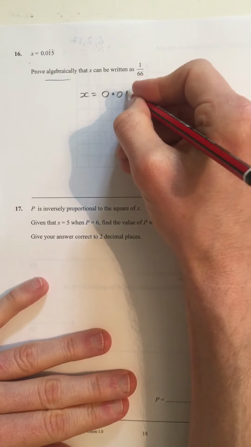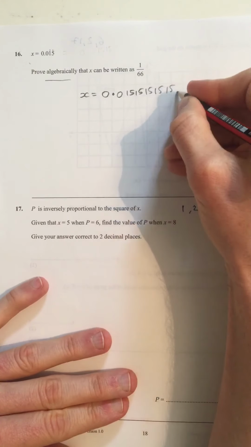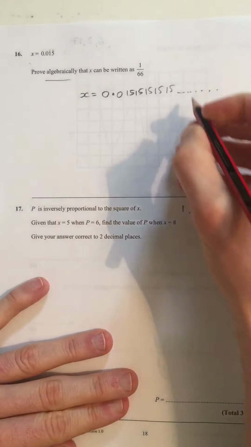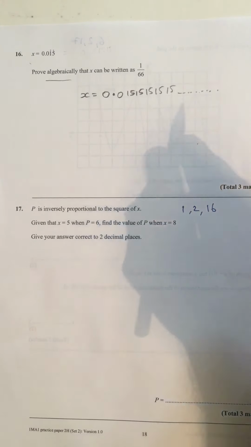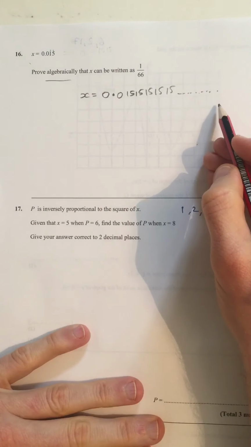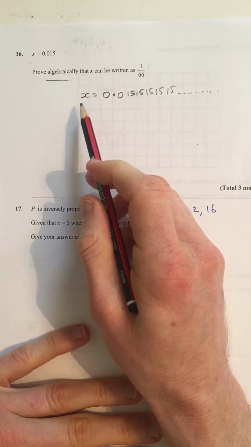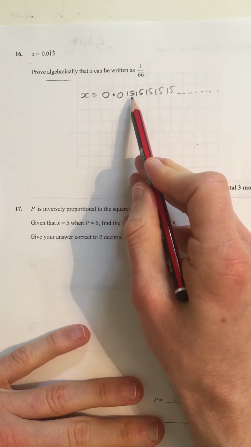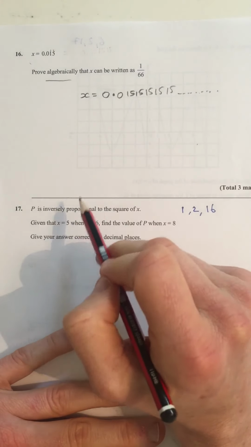So 0.015151515. I say in its full form, I mean in a longer form, not full form obviously because it's recurring forever. But I'm writing it in its long form because it will allow me to find a way of multiplying this number so that I can replace or remove the recurring parts to leave me with an